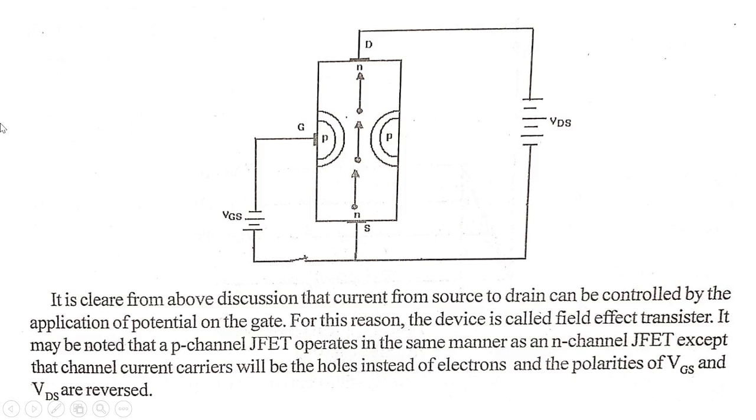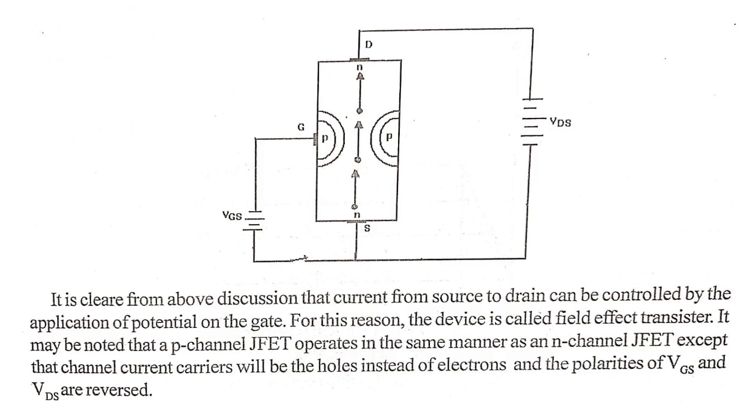Now see in the figure the gate and source. That is the gate terminal and that is the source terminal. The gate and source terminals are connected together. See, both are connected together. The source terminal is connected to the ground. So that is connected to ground here, and the gate and source terminals are connected together.